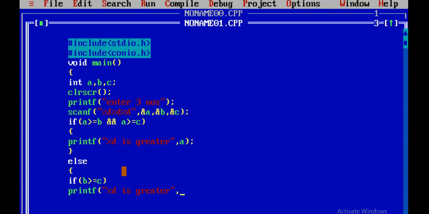In the place of percentile D, we should place the B value. Now write else printf, greater. Now I'm closing the else statement of the first else. We have only one statement in the if and else blocks, so I'm not enclosing the curly brackets here.